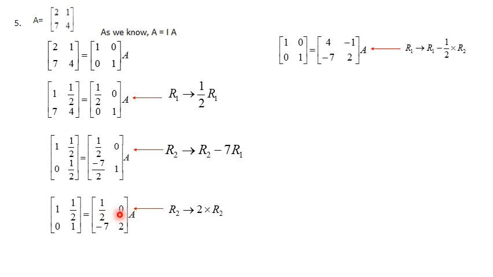Next we have to go with 0. How? 0 we have to change. R1 is 0 minus 1 by 2 into R2. 1 by 2 into R2, that is 2. 1 by 2 into 2, that is 1. So here this minus sign is there, so that becomes minus 1. And the minus 7, 2 remains the same here. There is no change in R2.